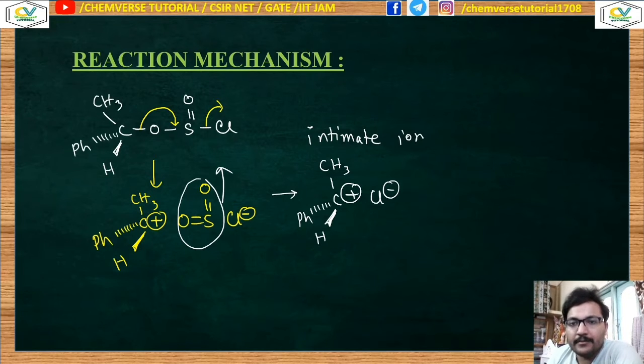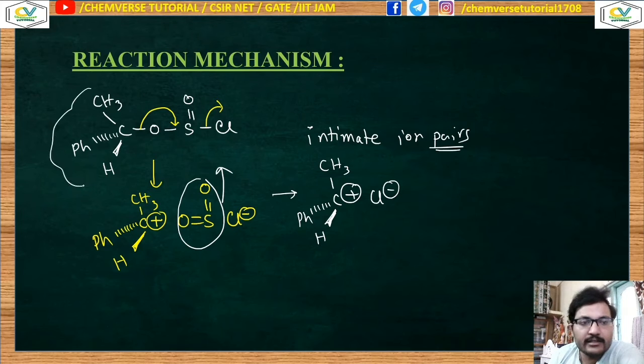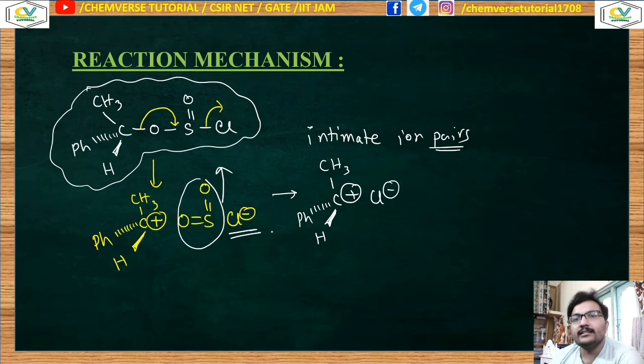Intimate ion pairs. So over here you can see that this carbocation is formed, the leaving group has already been removed from the system, and the nucleophile is generated internally. I am not adding any nucleophile from outside. This was our intermediate, and for this kind of bond breaking, Cl minus is produced internally, and Cl minus is your nucleophile. So it is a nucleophilic substitution reaction where the nucleophile is produced internally. That is why the reaction name is SNi, substitution nucleophilic internal.